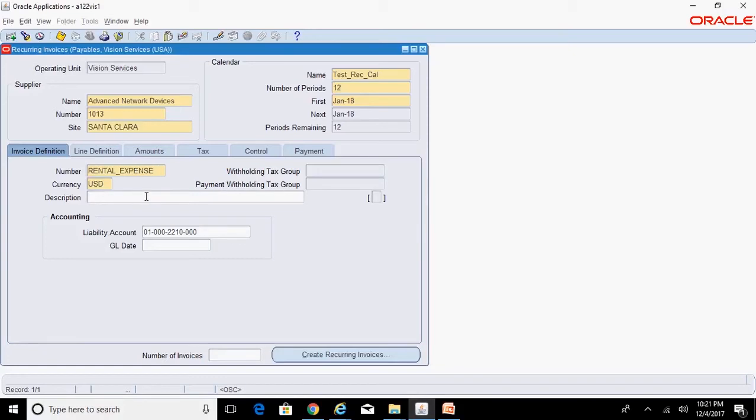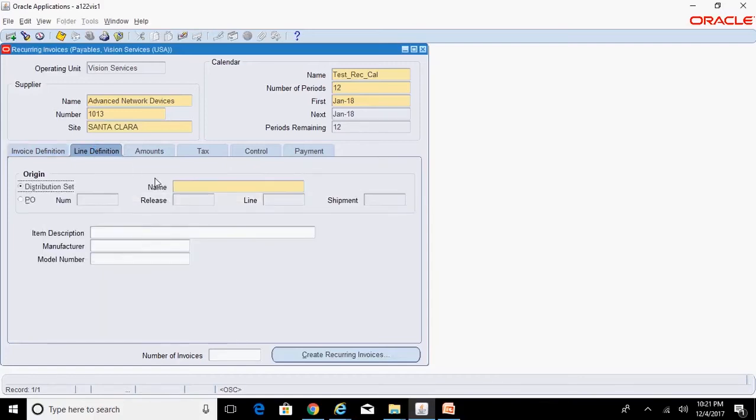That's the invoice number which will be used, and the invoice number will be whatever I had mentioned here, suffixed with the period name. And this is the default liability account. Distribution set, so use the distribution set whatever we have created. This is the distribution set.